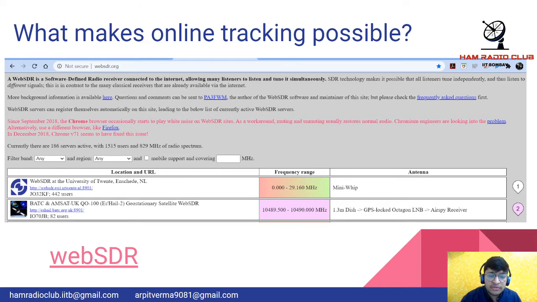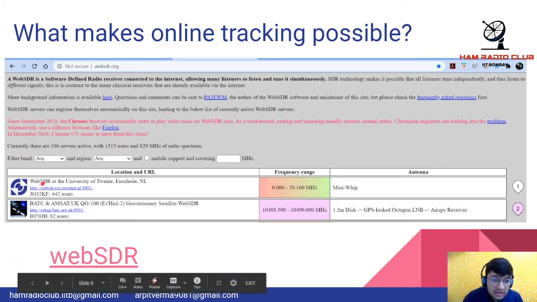So SDR, if you follow our blogs and our Insta page, you must have read this word SDR many times in the past week. SDR stands for software defined radio. Traditionally, the radio components are embedded in hardware, like filters and amplifiers, the ones which I showed you in the ground station. But putting them into software to make processing easier is what SDR is. It uses modern computing and analog to digital converters. So WebSDR is basically connecting these SDRs to the internet, and we can access ground stations across the world.